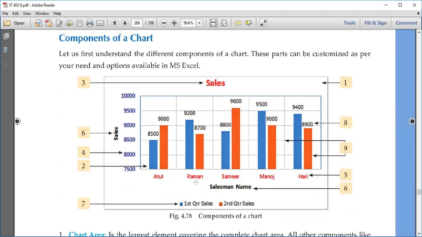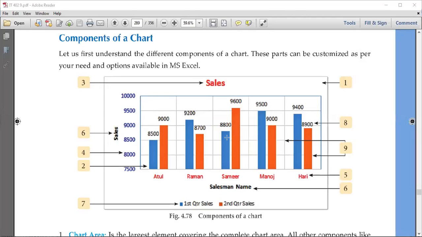So if you talk about components, the components of the charts are like this. If you see on the top, we have the chart title. Then on the background of that, we have this chart area. And this area where the graph is shown, ये जो background है इसको हम plot area बोलते हैं.